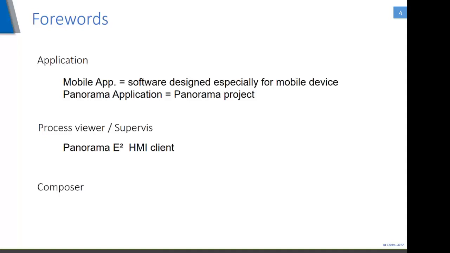Sometimes I use the word application for a Panorama application. It's the project you build within the Panorama tools using Panorama Studio, which is executed by Composer, the server side, and the process viewer. You may know the Supervis if you are already a trained user of Panorama eSquare software, which is the client side, the HMI client side of our products.